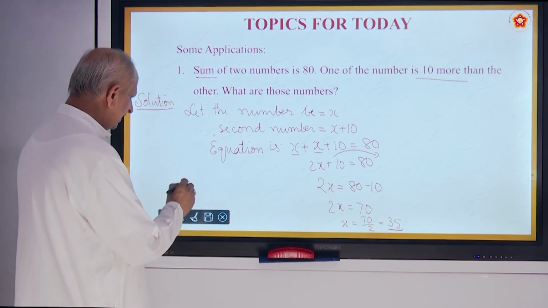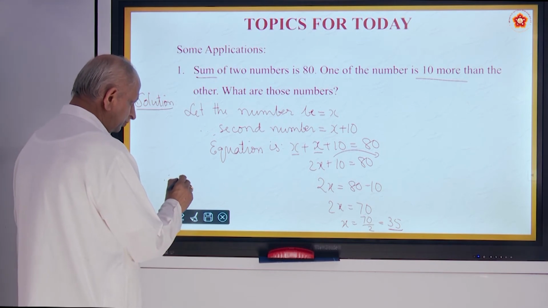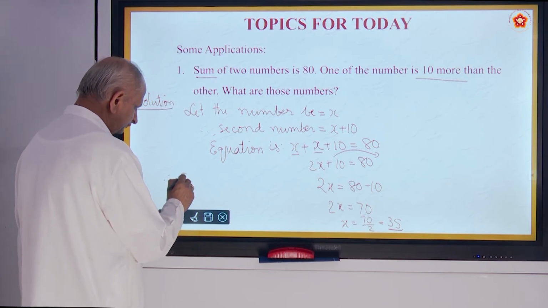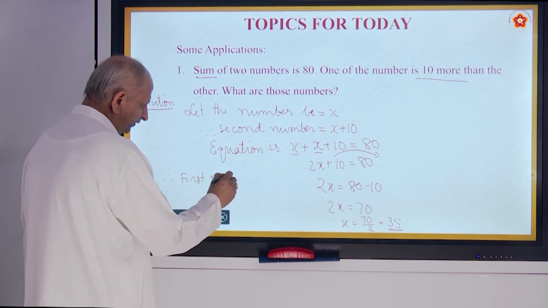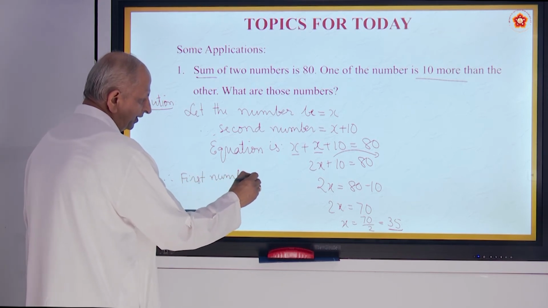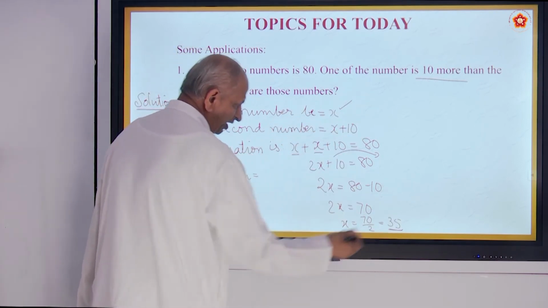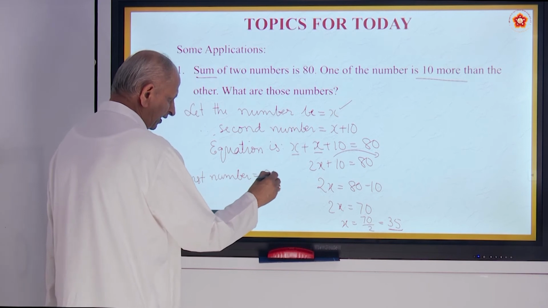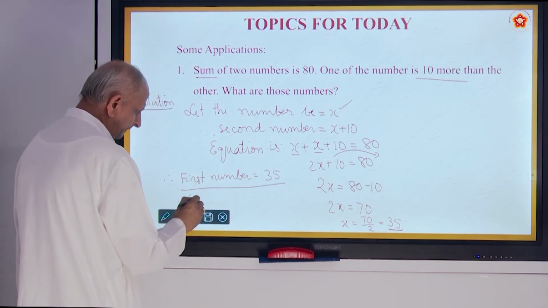So, you write it as answer, you must write. What is that? So, therefore, the first number is how much? We took it as x. What is the value of x now? 35. Therefore, the second number,